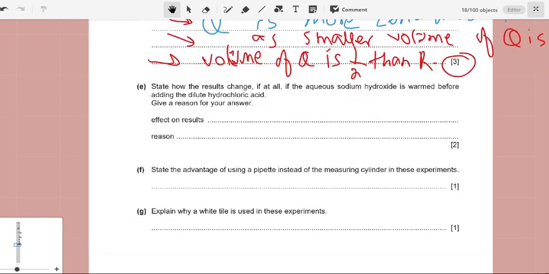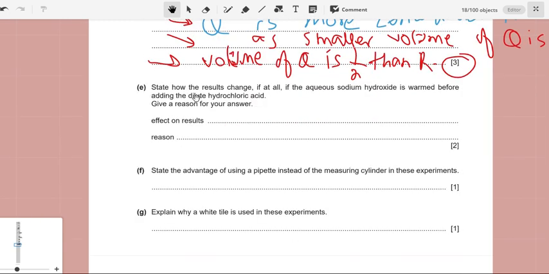Okay. Now the next question is state how the result change if at all if the aqueous sodium hydroxide is warm before adding the dilute hydrochloric acid. Give a reason for your answer. So first of all, here the result will be none because that is not effect. So here is